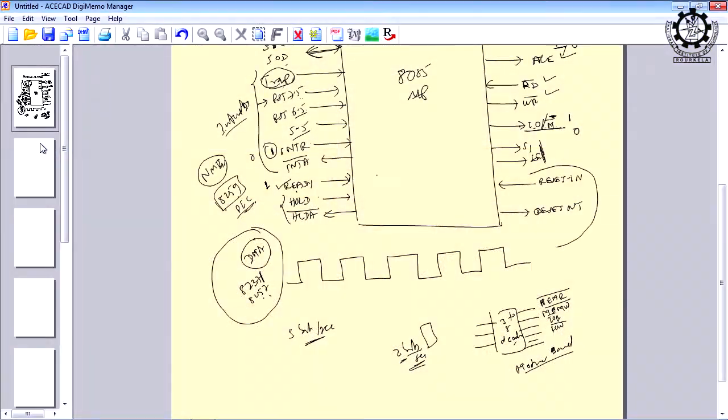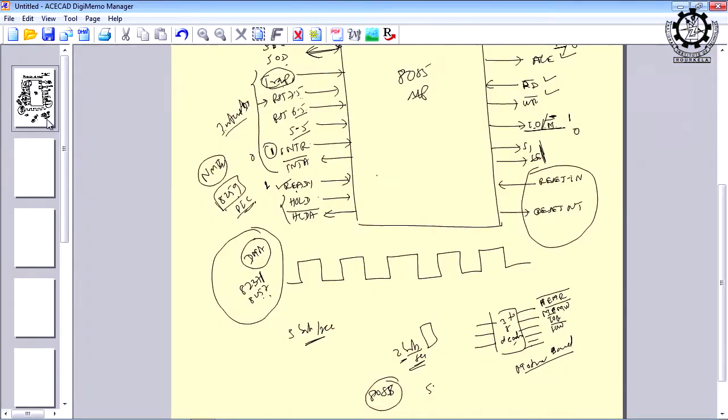So, this is about all the signals, and the only signal remaining in our discussion is reset in and reset out. You may be thinking why these two signals are there. Before discussing them, one point: when the personal computer came to the market, what was the first microprocessor for the computer? Sorry, the 8088 microprocessor. In this microprocessor, the entire memory system, as I told you, is divided into two parts. One part stores the system routines, and the other part stores the user programs.